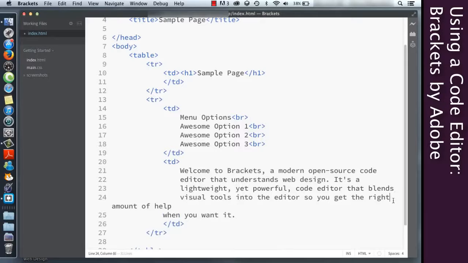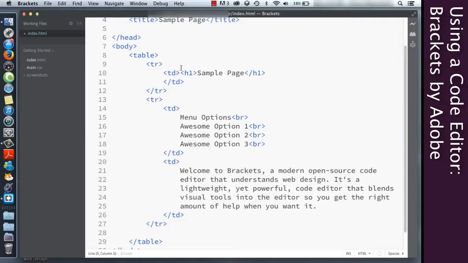Keep in mind, all this white space doesn't matter. It's only to help me. The browser doesn't care about the white space, so you should format it in a way that makes it easy for you to read. So now we have a very easy table to read. We've got the opening and the closing tag. We've got one table row and a second table row here.